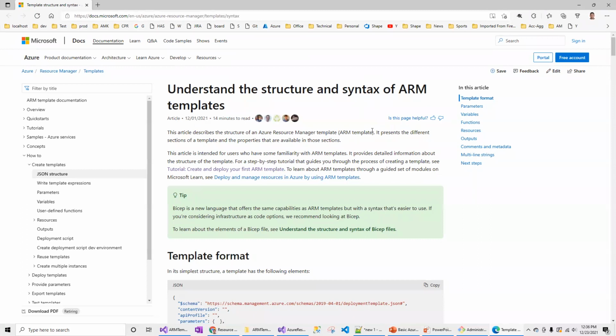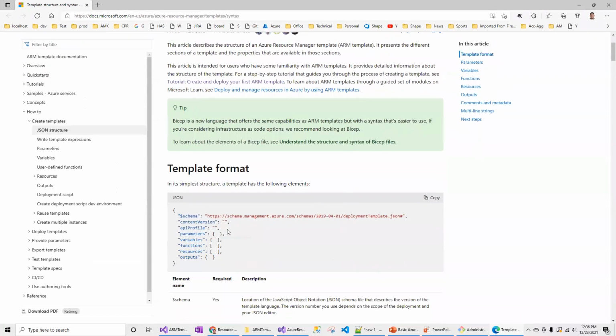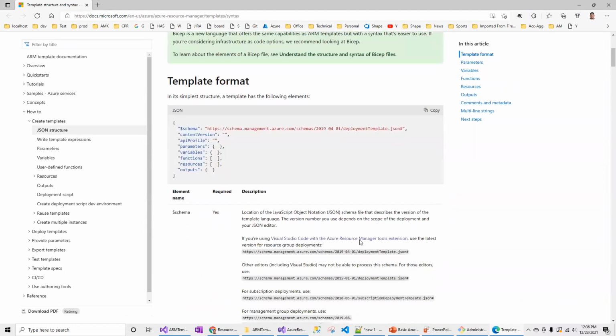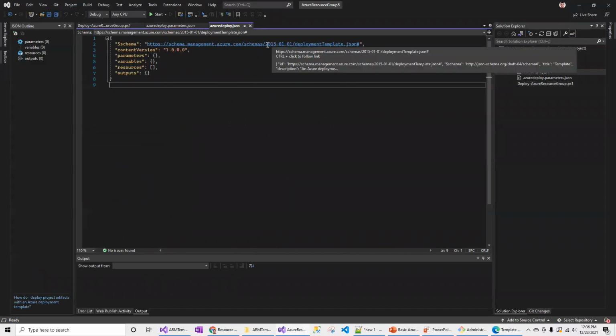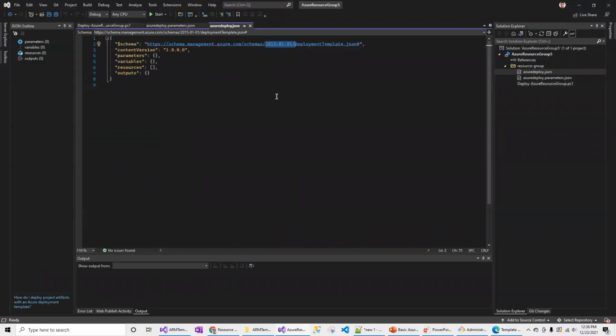This article talks about the syntax used in the ARM templates. For the schema, make sure that you always use the latest version. Again, when I created the template with Visual Studio 2022, the syntax I see is from 2015.